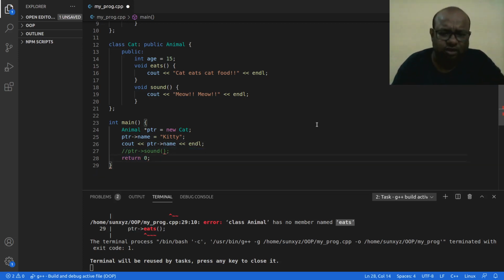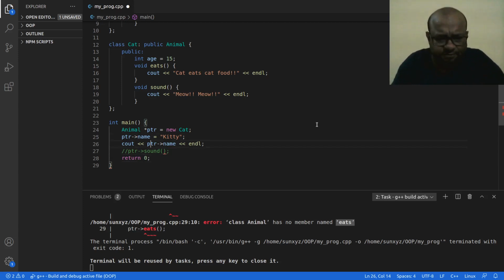Alright, so I hope you understand now why I cannot access this, because the animal class does not have these members, right? This each and this age are defined in the child class, the cat class. It is not there in the animal class. I am using an animal class pointer. I cannot point to something that is not in the animal class, meaning I cannot point to an attribute or a method that is not in the animal class, right? So although I am pointing to a child class object, using this parent class pointer I can only access those members of the child class object which I inherit from the parent class. Alright, so a restriction, still a very good feature.